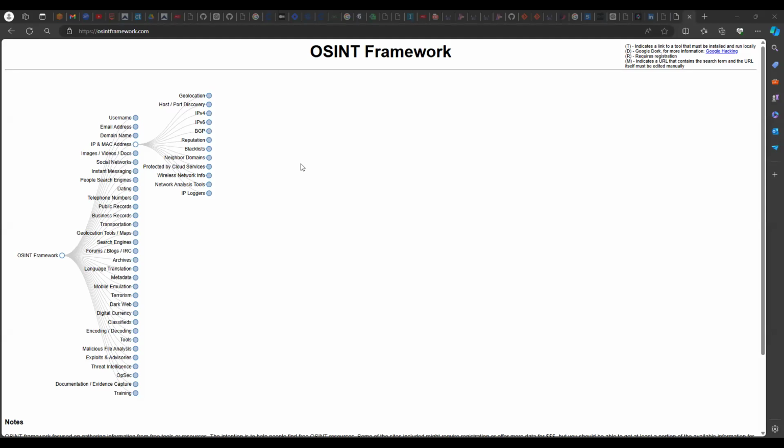So a platform like hostingframework.com is very good. You can always check it to see if there are tools you can use for a particular activity. But the one I'm going to be talking about today, and also looking at how to install, is going to be username enumeration. So I know a couple of us, we have our account names, right?